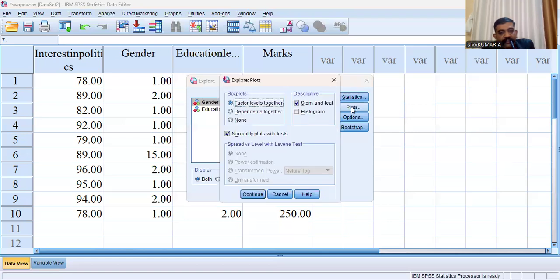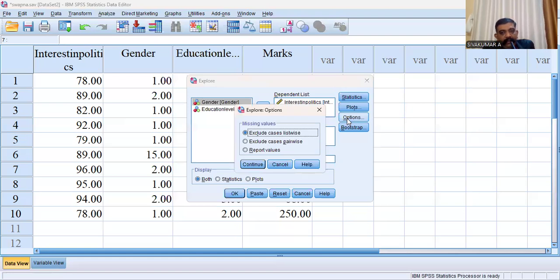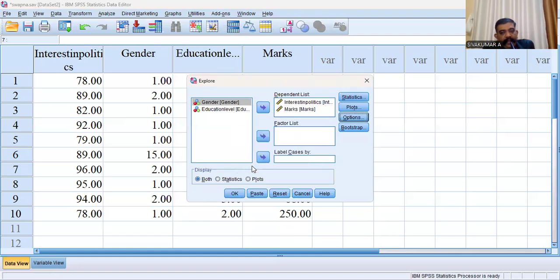Then Plots. By default, you can see two tick marks. First is stem and leaf, second is normality plots with tests. Then Continue. Options. Okay, no problem. Continue. Then please click OK.